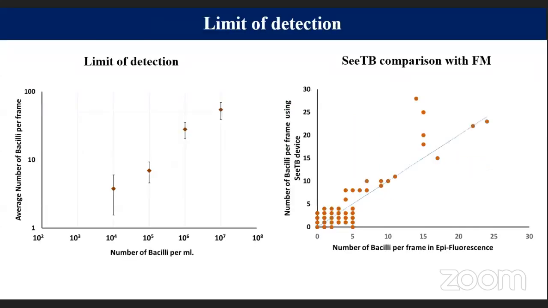You can see some of the results. Our limit of detection reaches 10 to the power 4 bacilli per ml. Sometimes we have also observed a 10 to the 3 cells limit of detection as well, but for that I had to check more than 300 frames, and then we could see only one bacilli. So it's a pretty sensitive test